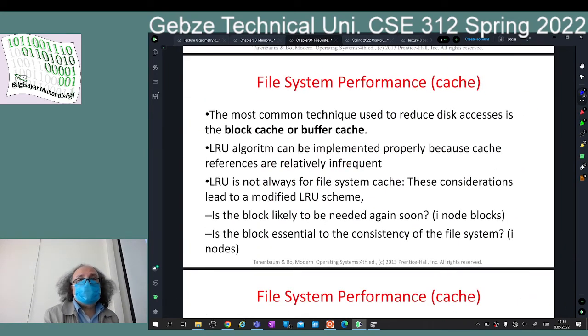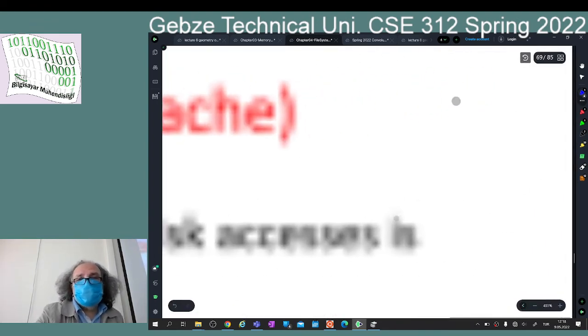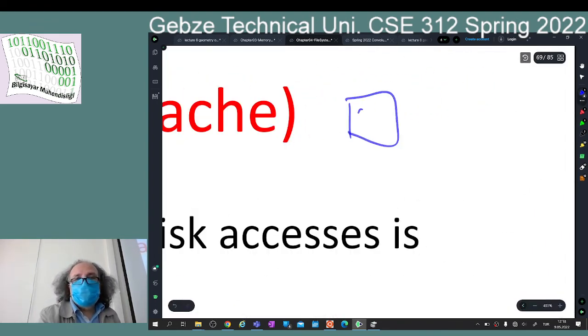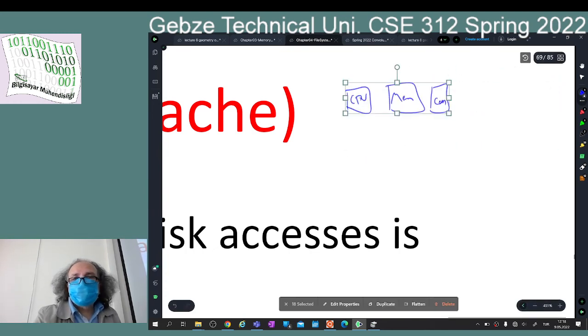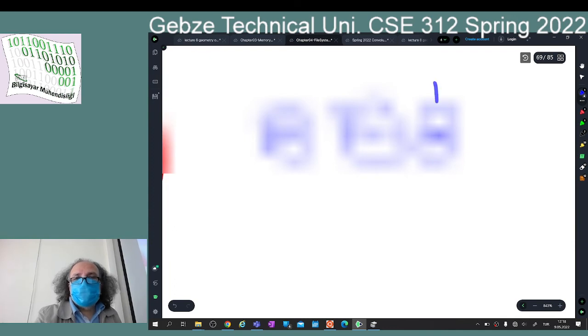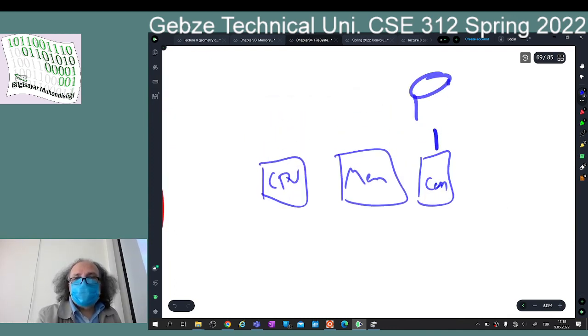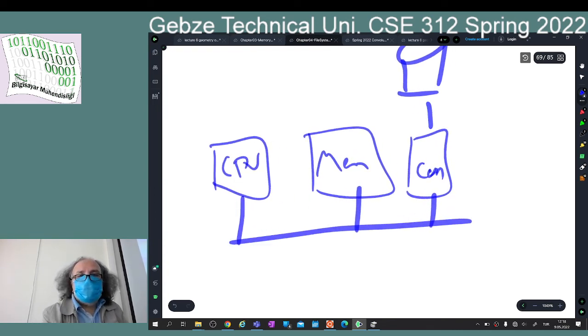We said that file system performance depends on the cache a lot. There is a cache, of course. Here is the CPU, this is my memory, and this is my controller, and this controller is connected to my disk. And this is my system bus. Usually we keep some part of our memory